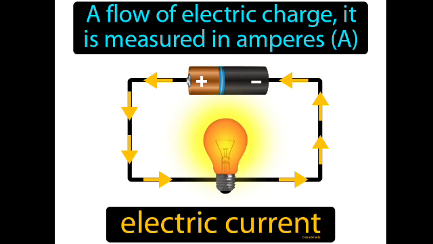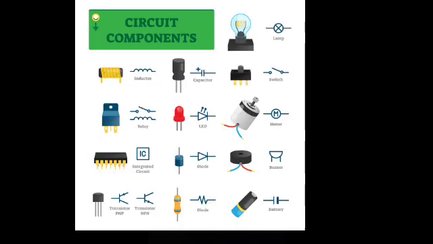For some of the activities, we may need more than one cell, so we connect two or more cells together as shown in figure 14.2. Notice that the positive terminal of one cell is connected to the negative terminal of the next cell. Such a combination of two or more cells is called a battery. Many devices such as torch, transistors, TV remote controls use batteries.